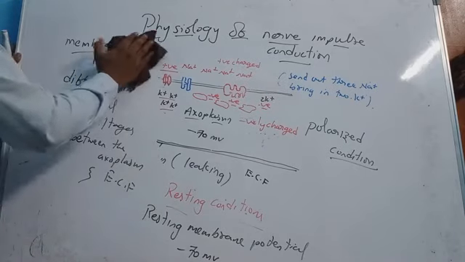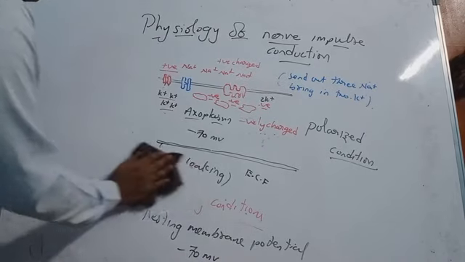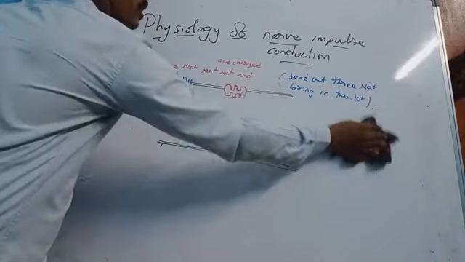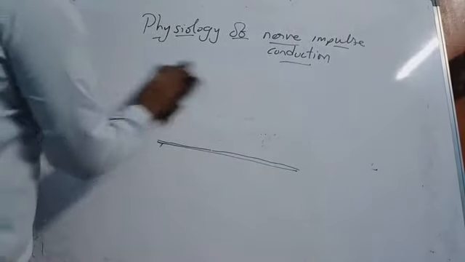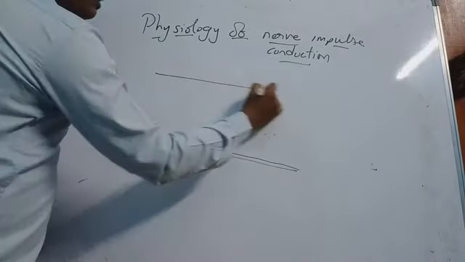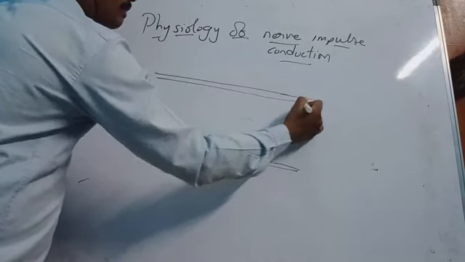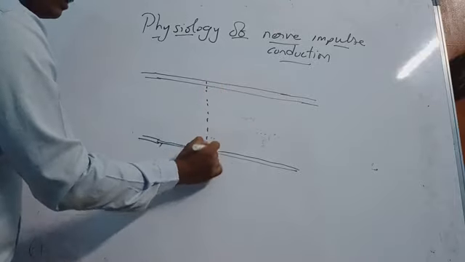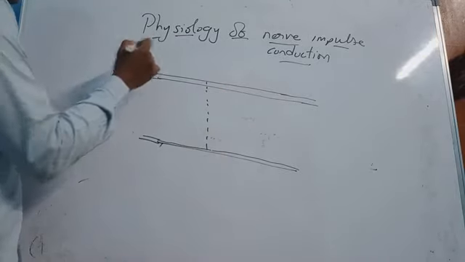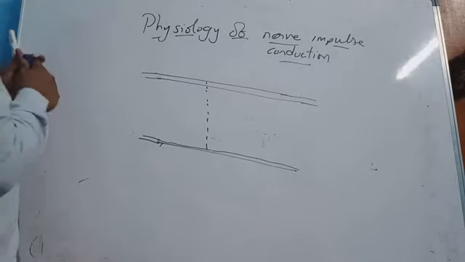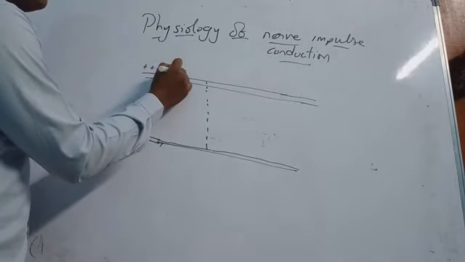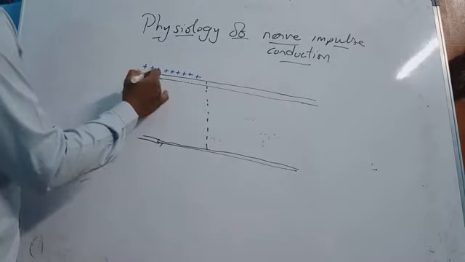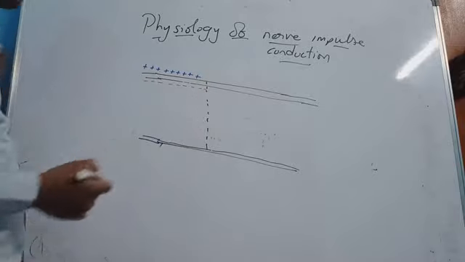Okay, so for example, now we have got the stimulus. Assume that there is some stimulus. Okay, so this is the membrane. We are discussing only one part of the membrane. So we have the positive charge outside, and we have the negative charge inside, thanks to the negatively charged proteins.